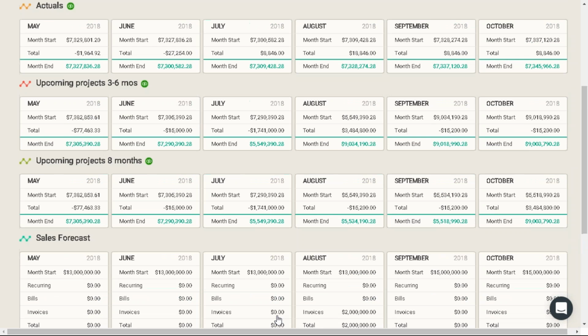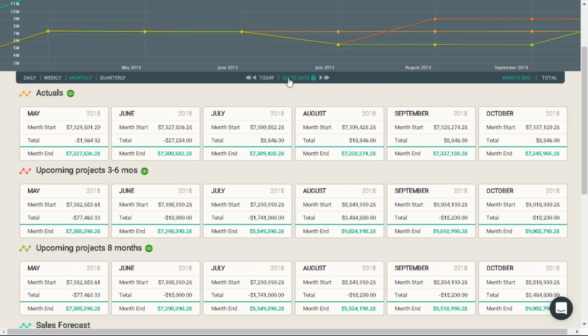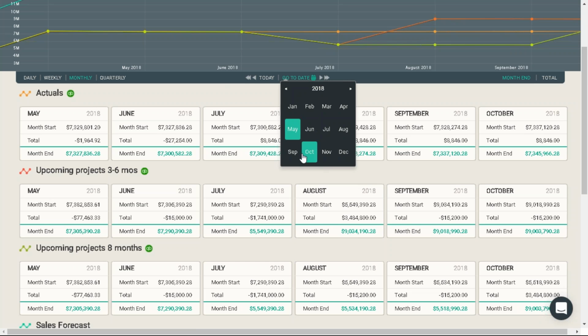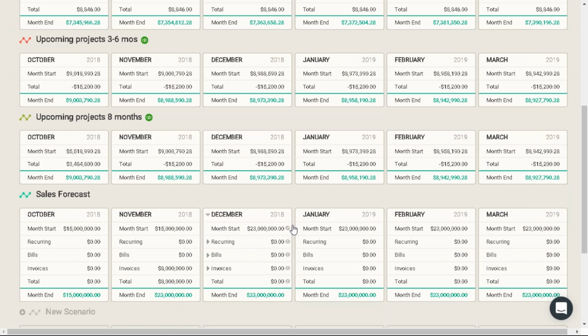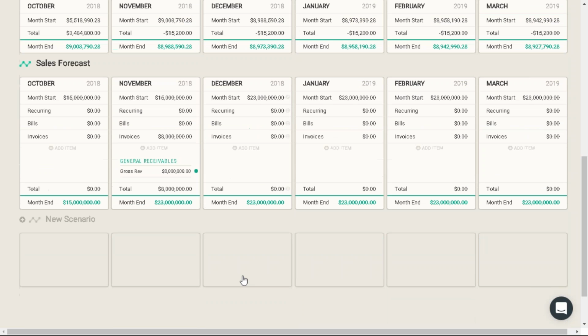Okay, so back to sales forecast. If I use the go to date feature and I'm looking at, we'll say, October, because at October, with October against the left-hand side here, I'll be able to view December. What I would have you encourage your clients to do is set gross revenue for the year. Okay, the reason that I've set it for November 30th, as you can see here, for $8 million, is because